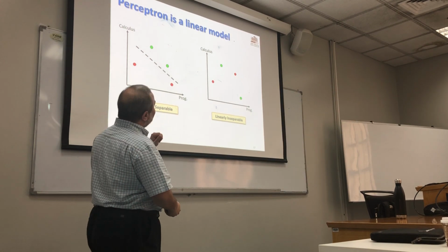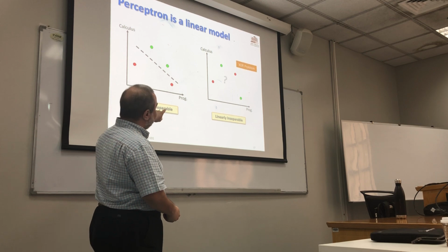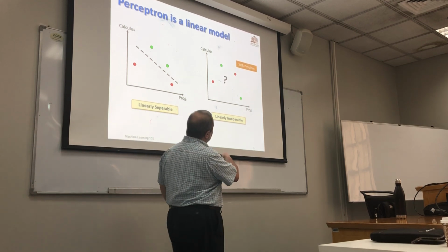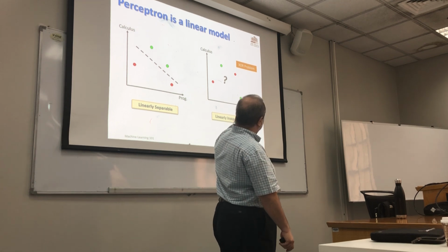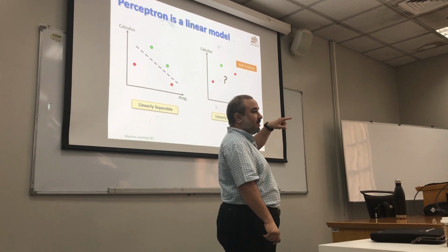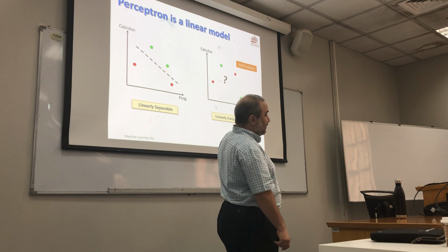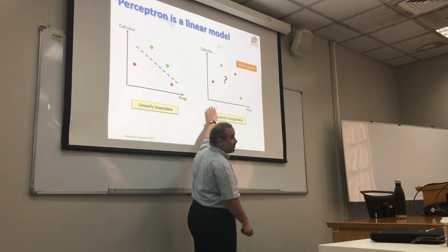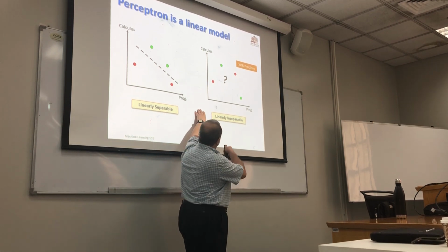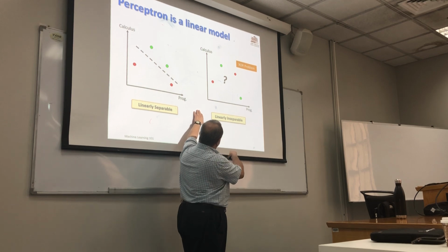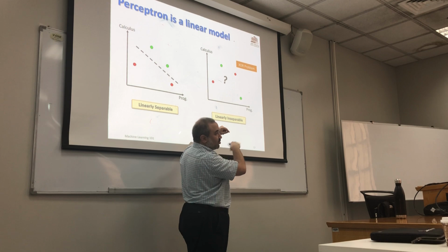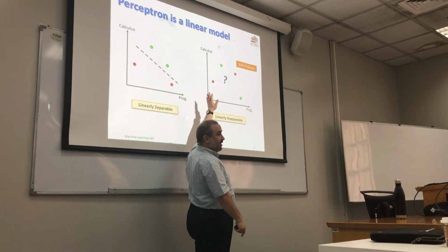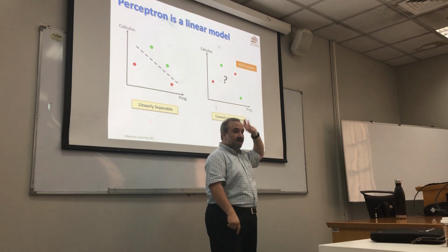Okay. Anyway, so we'll not be able to separate this data, right? Okay, so perceptron will not find a line. And by the way, this kind of problem is called the XOR problem. You know XOR, right? So this is called XOR problem because if you put everything to 0 and 1, you will move this to 0, this is here, this is here, this is here. It's like the XOR function. If this is X and this is Y, then the function that we are trying to plot here is the